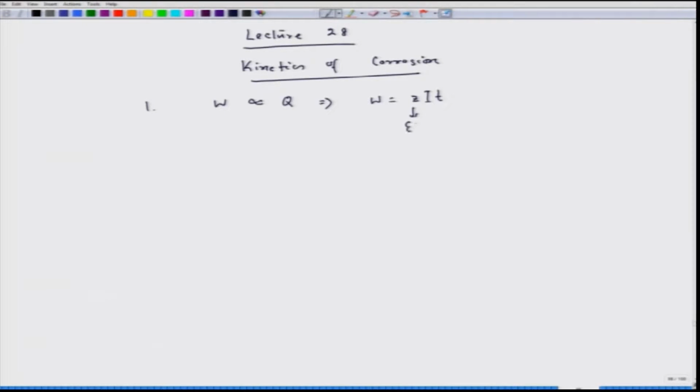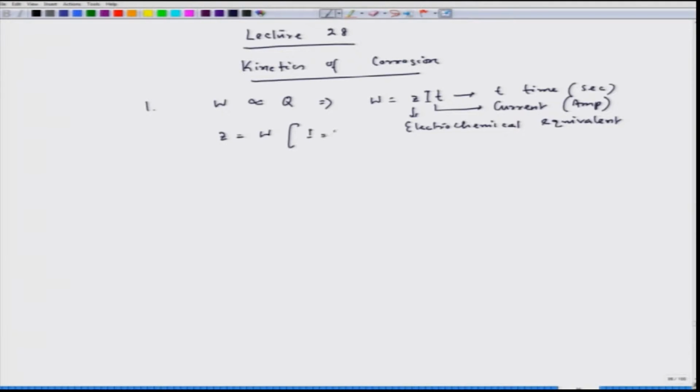So, this is electrochemical equivalent, and I is current in ampere, T is time in second. Now, there we saw that Z is nothing but the value of W when I equal to 1, T equal to 1. Now, then in order to find out Z, we started looking at